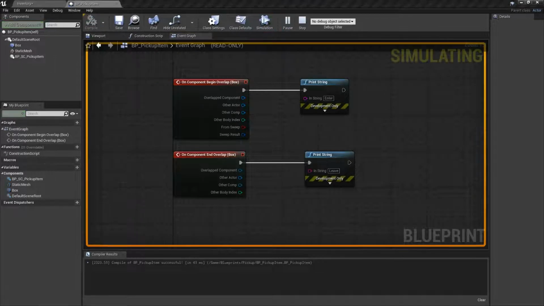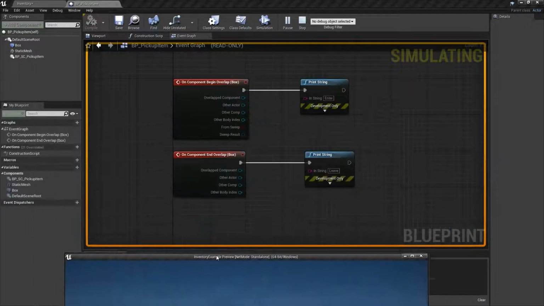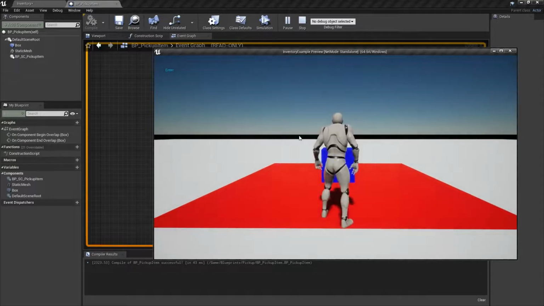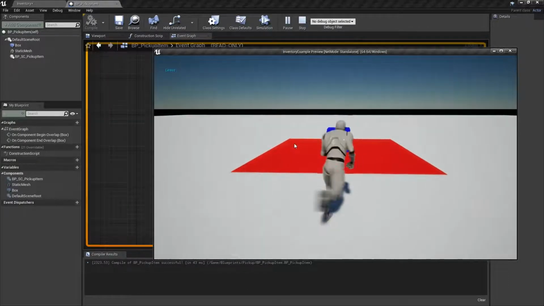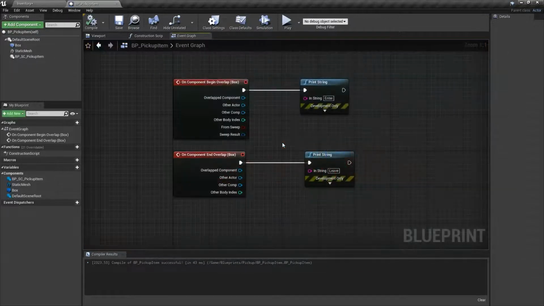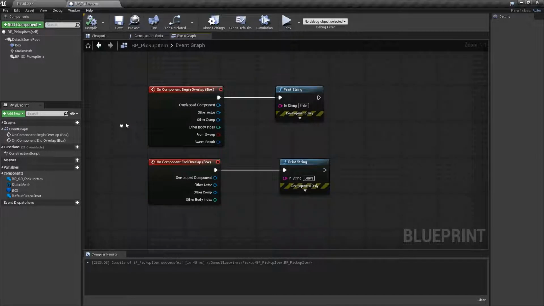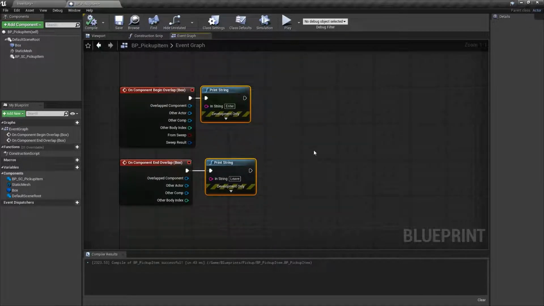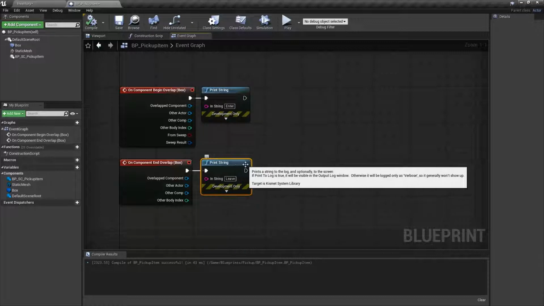Save and then play. This will pop up because we were looking at the graph. It'll pop up a little window. Enter. So you see it popping up here on the screen. Leave. Enter. Leave. Okay, so we know that those actions are working, so that's good. Right, what do we want to do instead of enter and leave? We'll just bring those right here. There's no point in having the messages on the screen other than so that we know that things are working. Let's start to think about